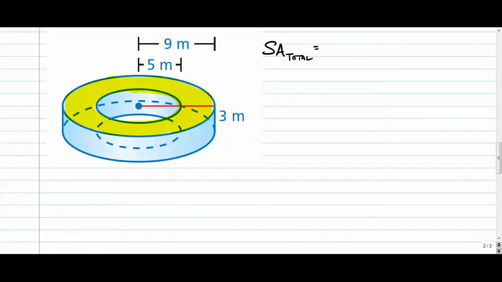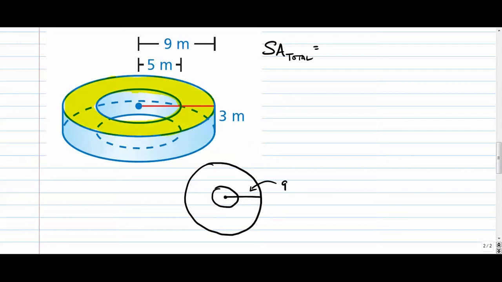What's the area of that portion in yellow? That's question number 1. Well, if we were to look at this from the top, it would be a circle, which is not easy to draw. It would be a circle, and the distance from here to here is 9, and the distance from here to here is 5. And if we're asked to find just the area of the yellow region, all we're going